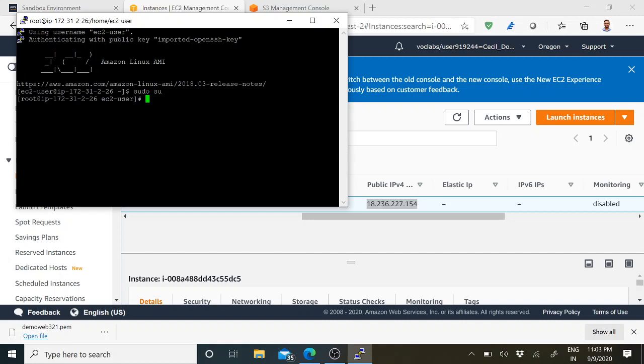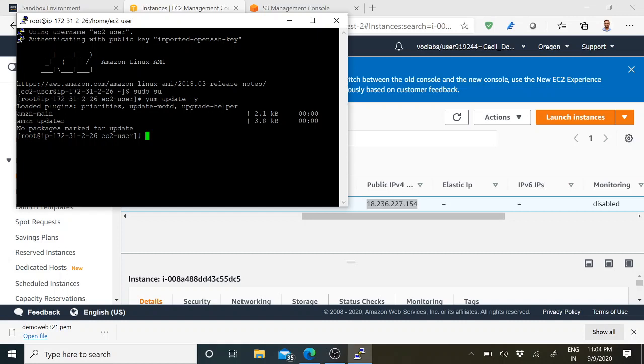Once you have set the root user, we have to update the packages in the particular EC2 instance, that is our server. The command is yum update -y. This will help you update the packages of that instance. You can see here no packages marked for update, so it is up to date and I need not worry about that. I'll move to the third step now.